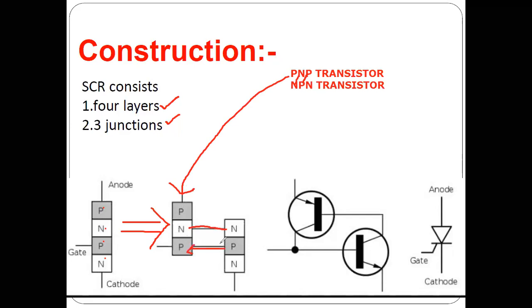So if you place these two N materials and these two P materials of the two separate transistors on each other, then you can develop this SCR model, or this particular SCR symbol or SCR device, the silicon controlled device. Now this is the actual SCR, and this is the construction of SCR: how the SCR is constructed by making use of these two PN junctions or two transistors.